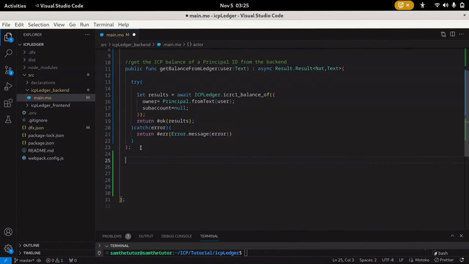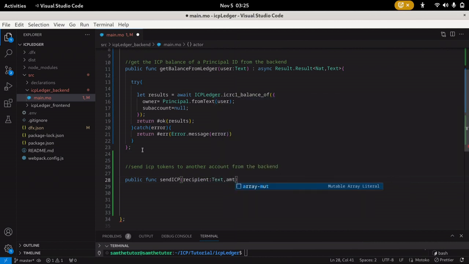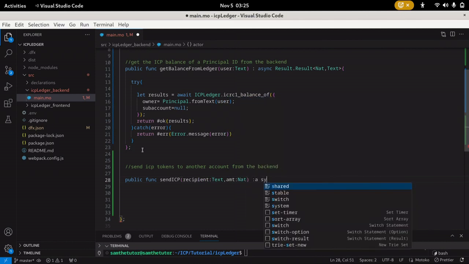So on the next line, we can just put some comment, send ICP tokens to another account from the back end, and then we just write public func send ICP, then we allow the user to specify the recipient, which will be of type text, and also the amount, which will be of type nat. Of course, all this is asynchronous,